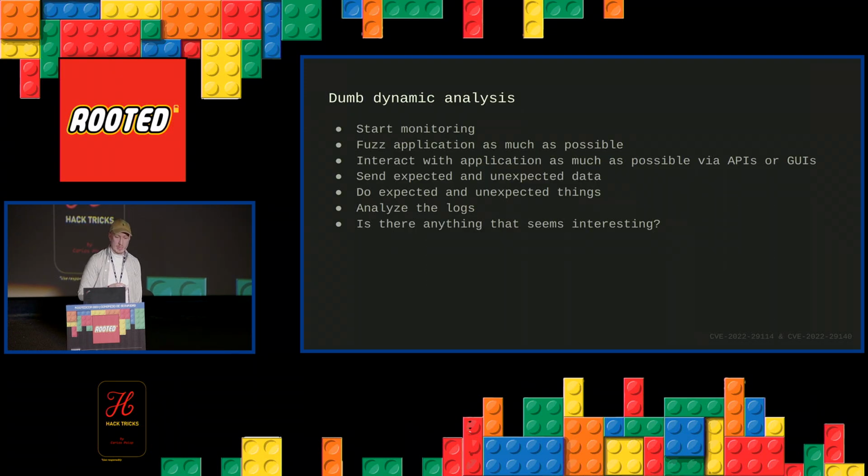But dynamic analysis is then that you start your monitoring, so your Process Monitor, for instance, and then you just play around with the application in many different ways. So APIs, graphical user interfaces, you can do expected things, unexpected things. You just want to create as many events as possible. And then you analyze the logs. And then you ask yourself, is there anything that seems interesting? So even after you collect the logs, you maybe want to filter out all of the events that are not relevant for you. So if you're looking for file system vulnerabilities, just remove all the registry